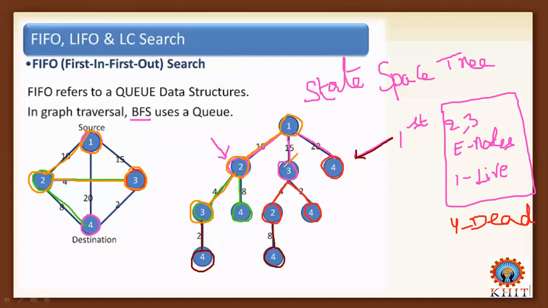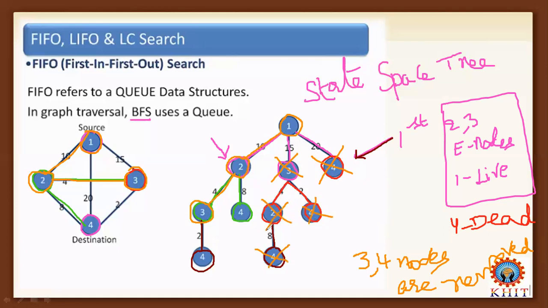So in this case, simply you can discard these two. Why are we discarding? Nodes 3 and 4 are to be discarded, nodes 3 and 4 are removed. Why we need to remove these two nodes is because these are not producing the minimum traveling cost or minimum path cost. If these two are discarded, the remaining subtrees are also discarded automatically.